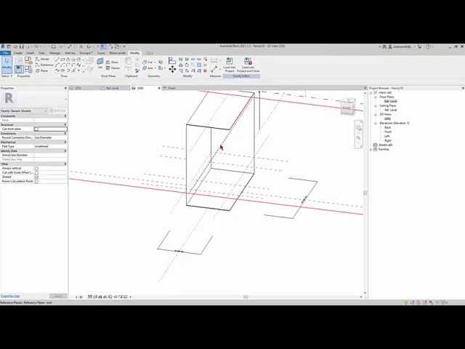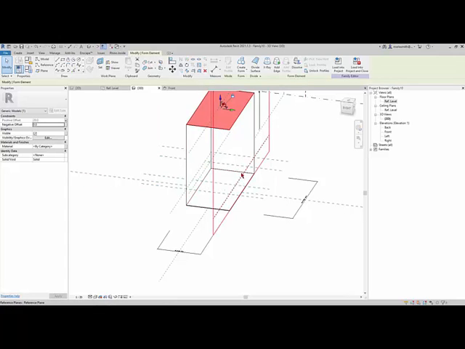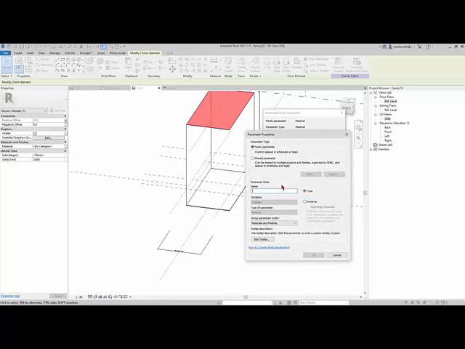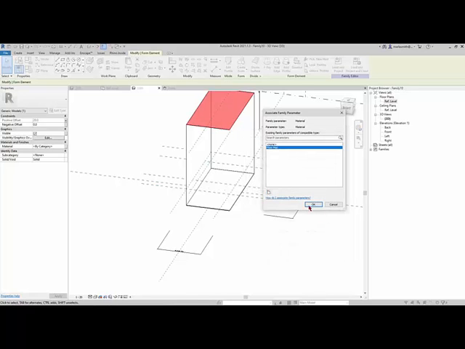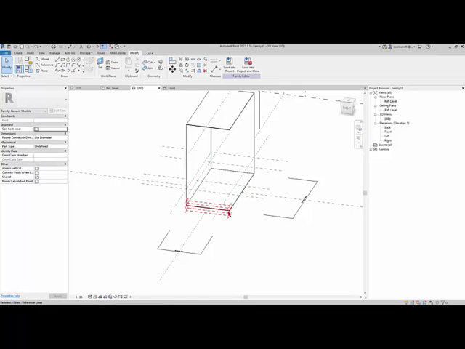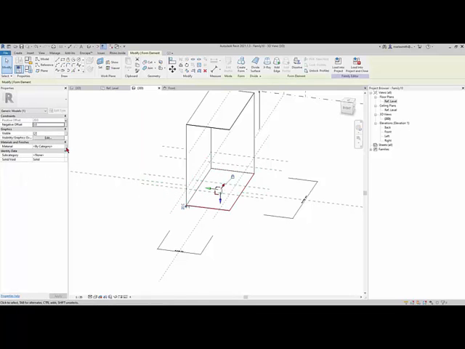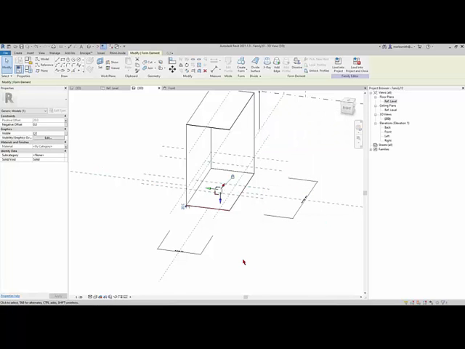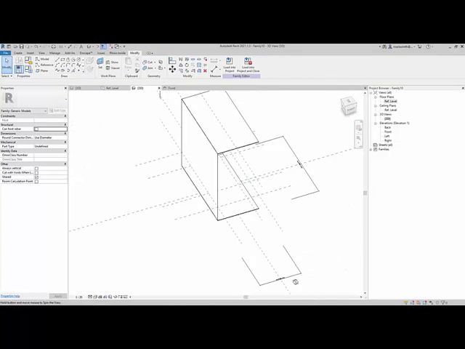The other thing that you can do as well, if I tap my tab key, I can get the floor form, and I can set a material parameter. Actually, I forgot to do this for the bamboo, so we may have to go back and do that, but you can click on this little gray box once the form is selected, and I'll name this floor mat for material. Okay, click OK, and then I can do the same thing here. This will be the same floor material as the other one. All right, so now we've got the floors,